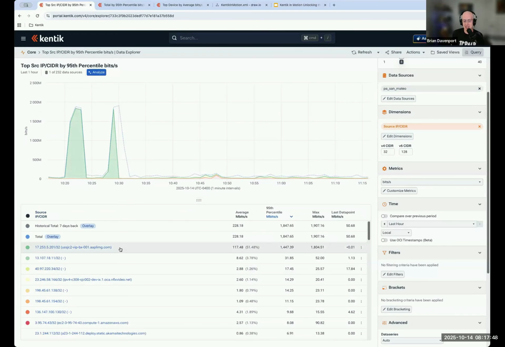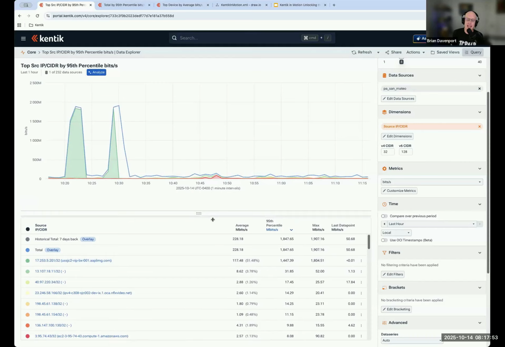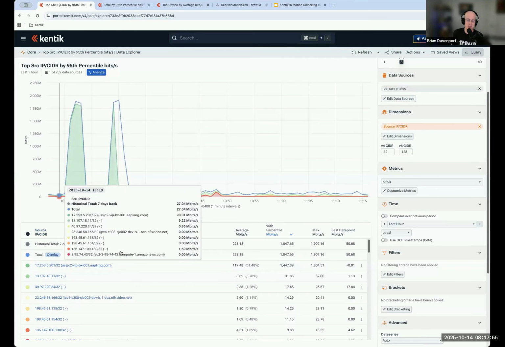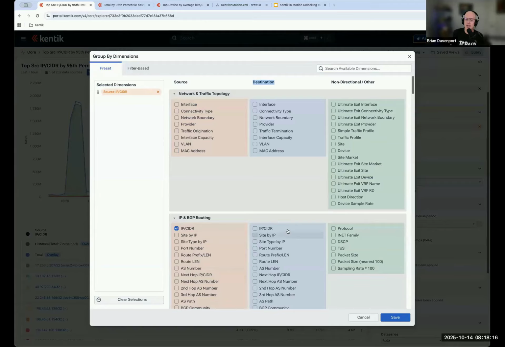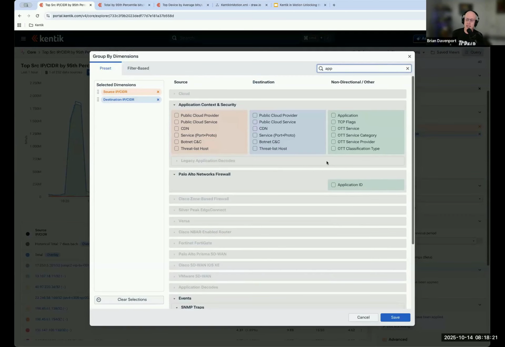Okay, so here we see that we have this one IP address that is causing our spike in traffic. That is a good analysis where I can see that quickly. But I want to know what destination, and what's really causing this. Although this is a simple concept if you're a really professional Data Explorer user, I think it's good for people who are first learning this to take this view and look at both the destination IP address. And then, because this is a Palo Alto device, I'm going to type in application here to highlight one other